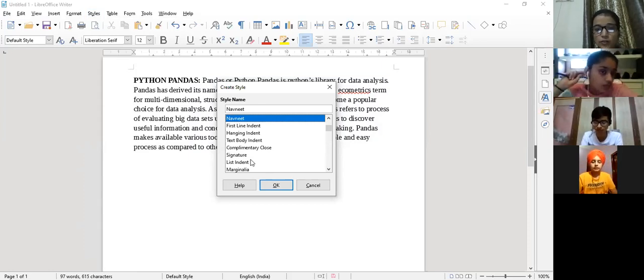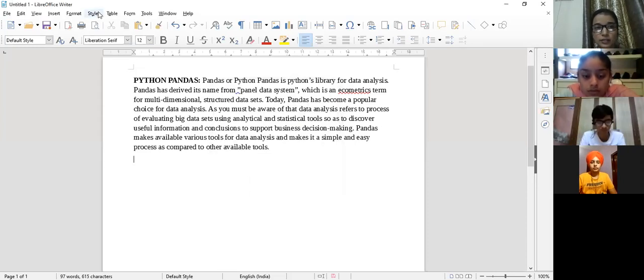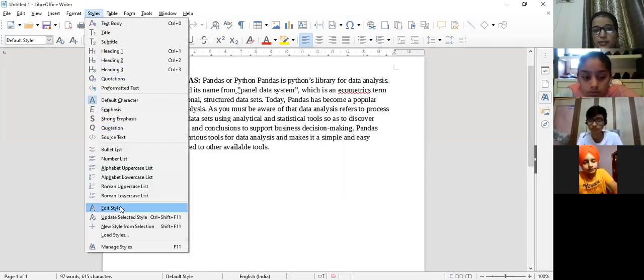You can give your own name, any name, for the particular style which already exists. Earlier I chose the previous name, so I got the message that it already exists and I needed to change it. So I changed the name. After that, when I click OK, in place of Content 6 it is Navneet, because I have mentioned my name over there. Clear?